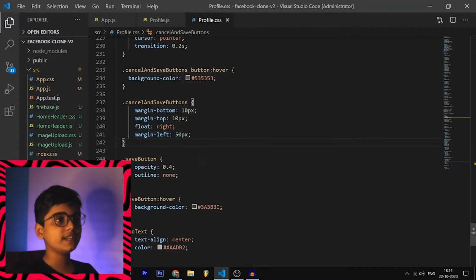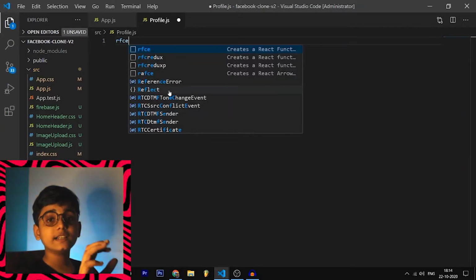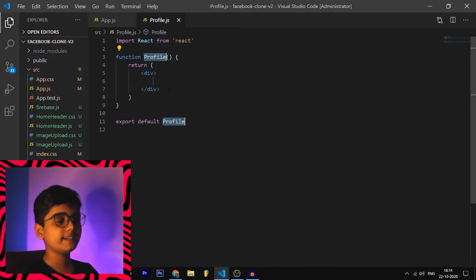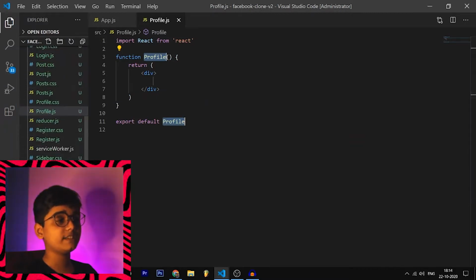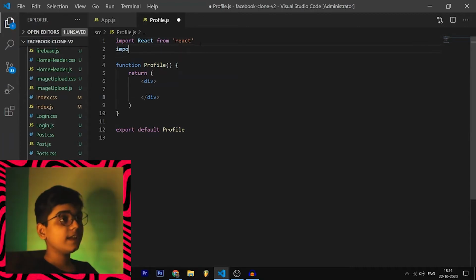And after profile.css, let's go to profile.js and type in RFCE. And a disclaimer, this is the last component you're going to build in this project. So don't worry, till now we have built many components. If you can see right over here, there are many files, many components. After this, let's import